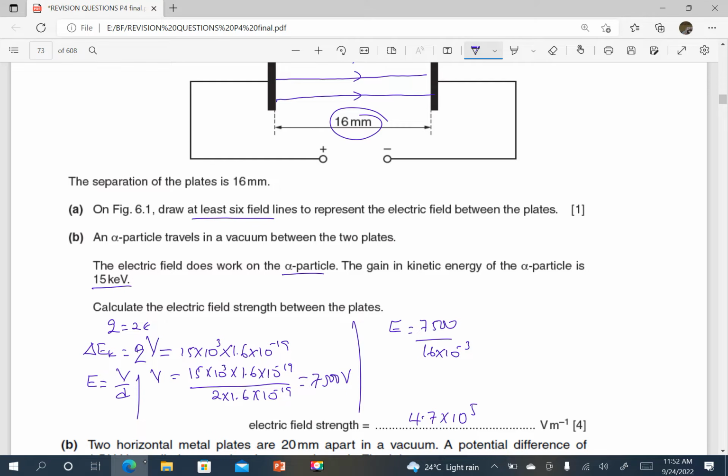Alternatively, somebody would think about the equations of motion. So using kinetic energy, somebody would find the speed. I'm just giving an alternative here. The kinetic energy EK is going to be a half mv squared, which will be Q times V. And the kinetic energy has been given, so I'm just going to find V. V is going to be equal to, I will just press the calculator because the kinetic energy I've already converted it here.